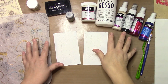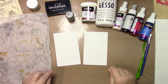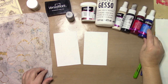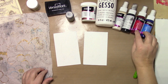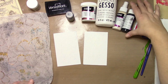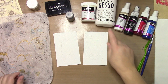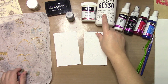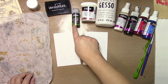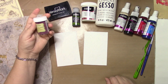So I'm going to quickly go over the supplies, but I'm going to go through exactly what I end up using at the end of the video. So I'm going to be using Decor Media Misters. I'm going to be using Primary Cyan, Primary Magenta. I forgot one. Stay focused. Carbon Black and White. Decor Chalky Gesso, again the white. Decor Media Matte Medium. Decor Media Antique and Cream Carbon Black. My Versamark watermark stamp pad, and some